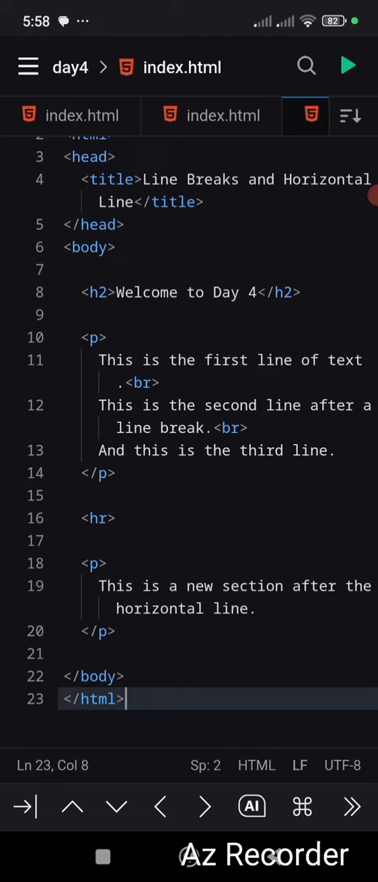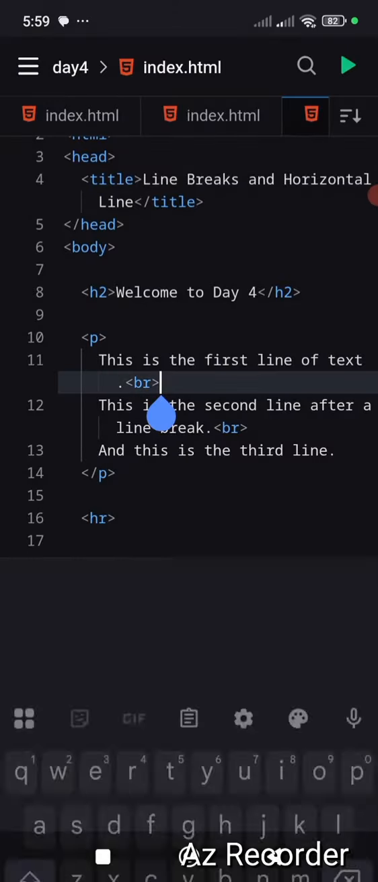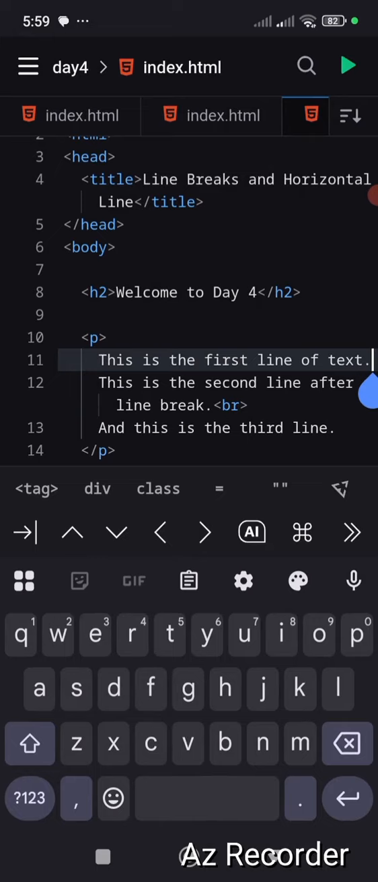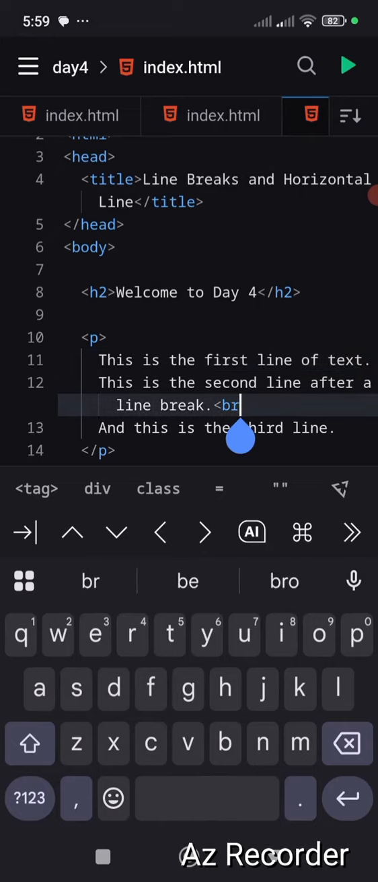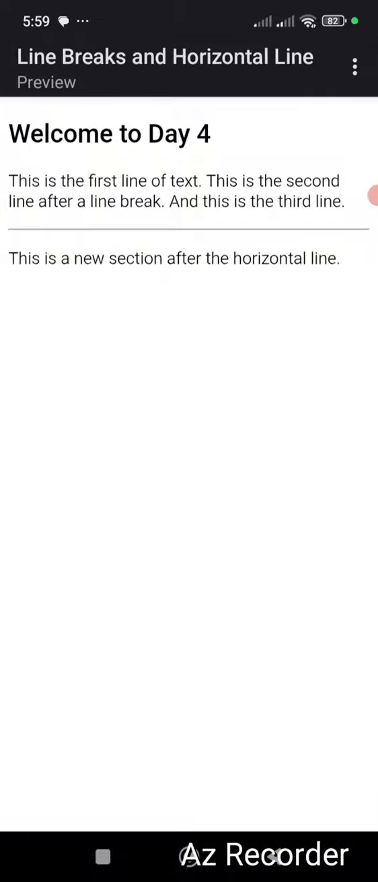So the horizontal line creates a line. Look at the line that it creates. It creates a line between the first section and the second section. So if I go back now and remove all this break, you're going to see the difference. You can see now, they are together now. Do you understand? They are no longer in breaks. And you can see this